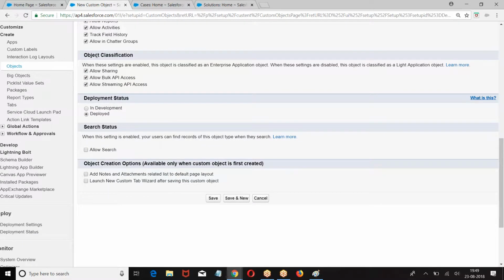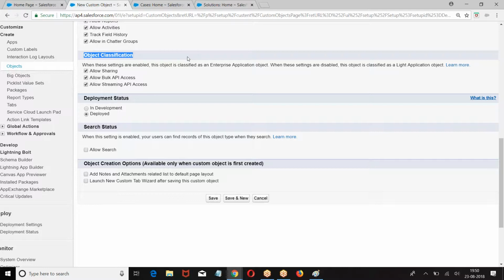Then object classification. When I say object classification, what does it mean? Is it a lightning application object or an enterprise application object? Lightning application object is used for single page application. Is this object designed for single page application or regular application?